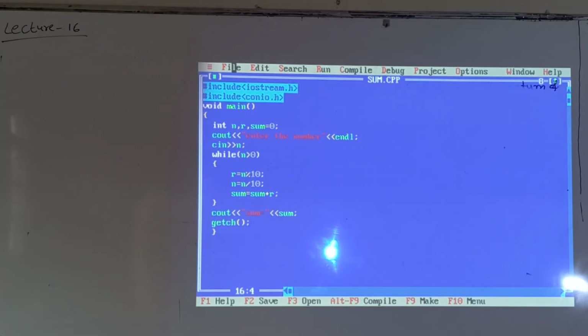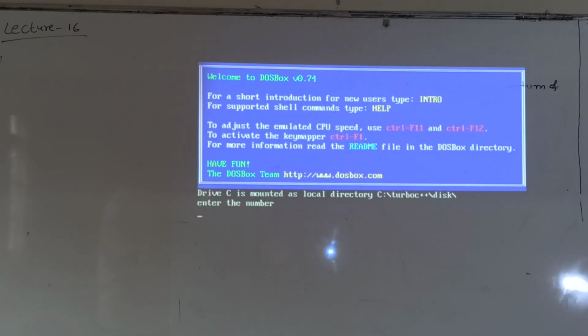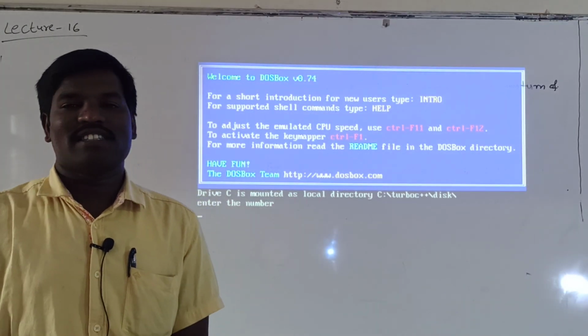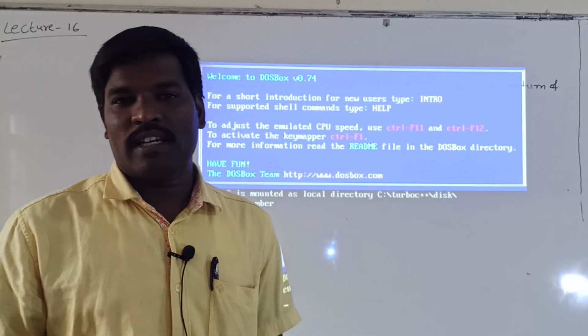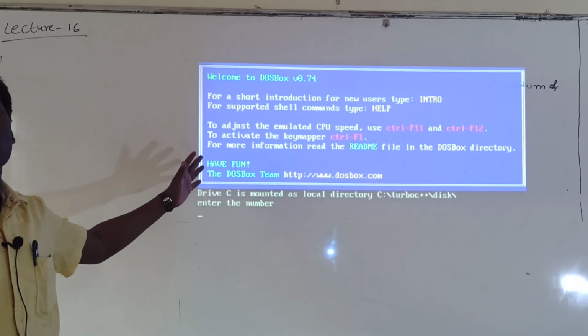Okay, next compile, 0 errors. See here, I have defined #include <conio.h>, but I have not written clrscr. That's why the screen is not cleared.